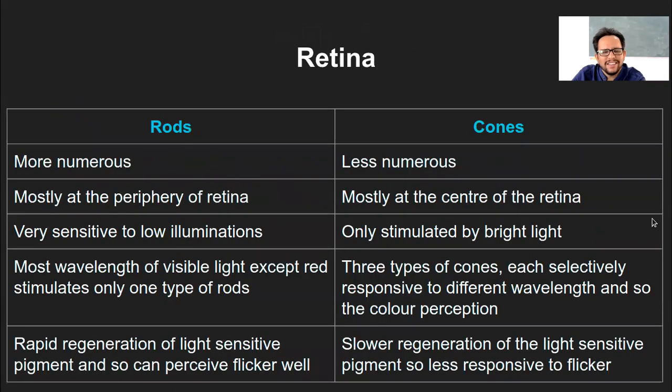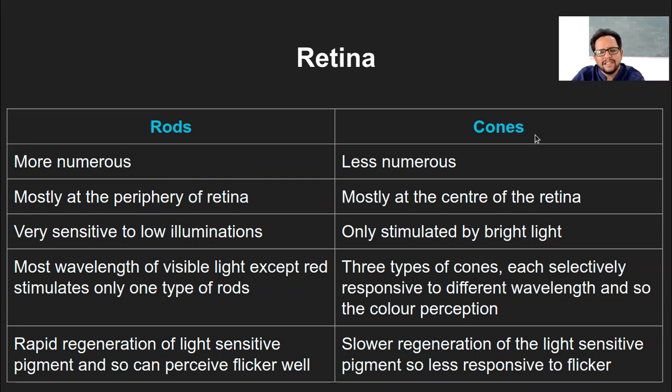Okay, so then there are just some basic differences between rod cells and cone cells that I have put in here. You can read it out on your own. There is nothing great as such. For example, rod cells are more numerous. Now again, you think of why rod cells have to be numerous, because their function is to identify dim light. If it is dim light and there are fewer cells, obviously the amount of signal that your eyes will get will also be less. So that is why these cells are a little more in number.